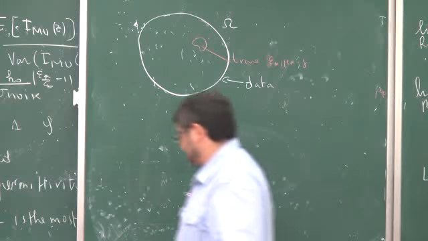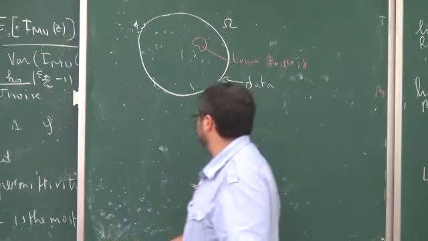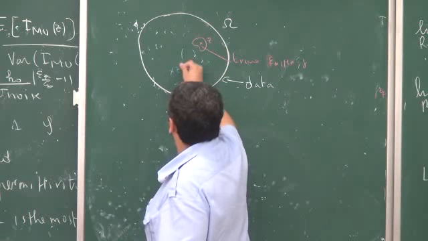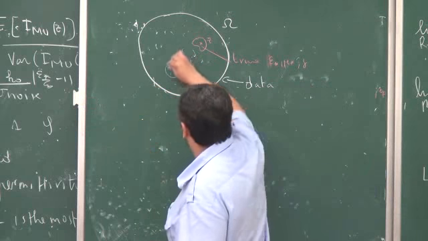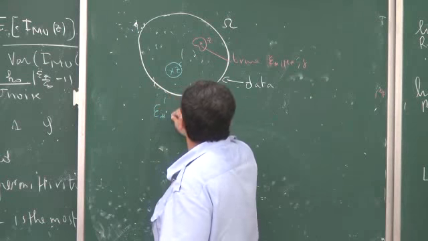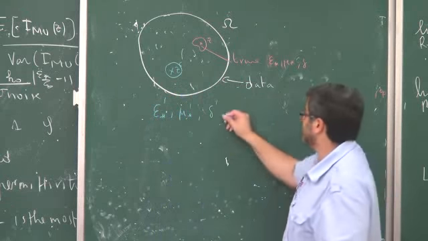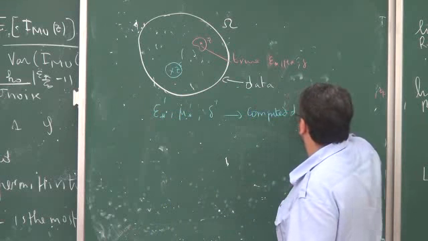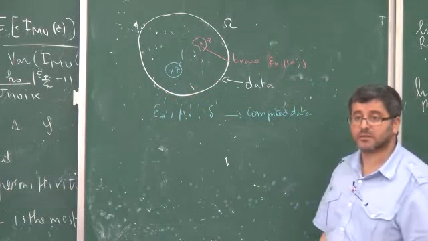Another way of thinking is from an optimization point of view. You say, I don't know the true z. I will pick zs, my search point, and I will put an inclusion here. I will take a circle with some parameters epsilon star prime, mu star prime, and delta prime, and I will compute the data. If it matches the measured data, I found my inclusion.